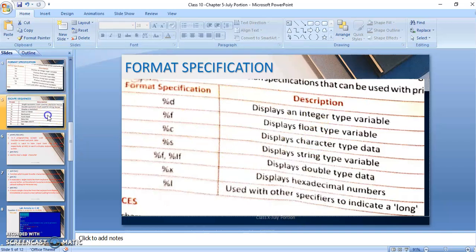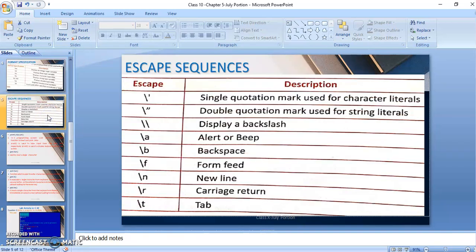Now we are going to see escape sequences. Why do we need escape sequences? These are special characters that begin with a backslash, and we have already seen one escape sequence, that is new line. In chapter 3, when I taught you a program that asked us to leave one line in between, I was using \n for starting a new line. So this sequence we have already seen. This allows the user to communicate to display devices for a specific action, like moving the cursor to the next line.